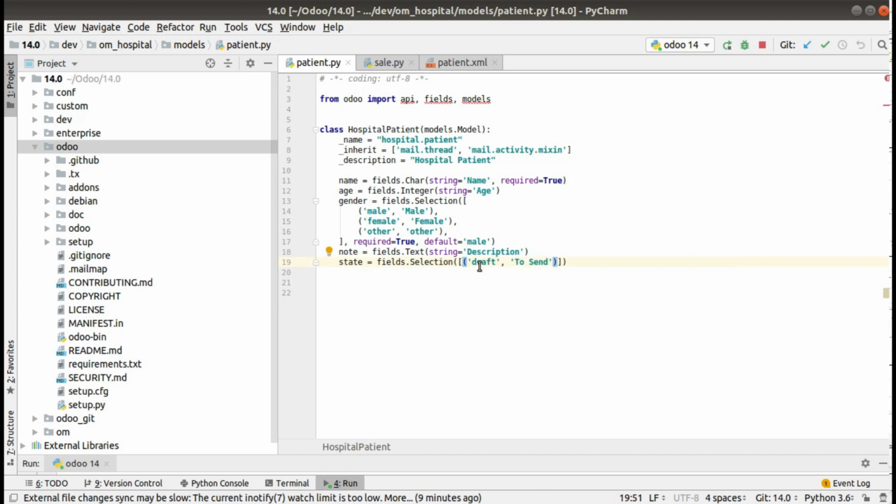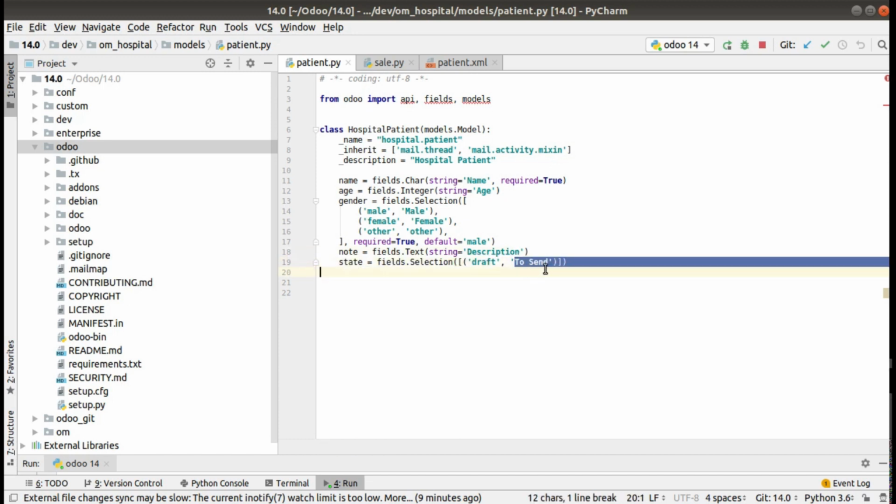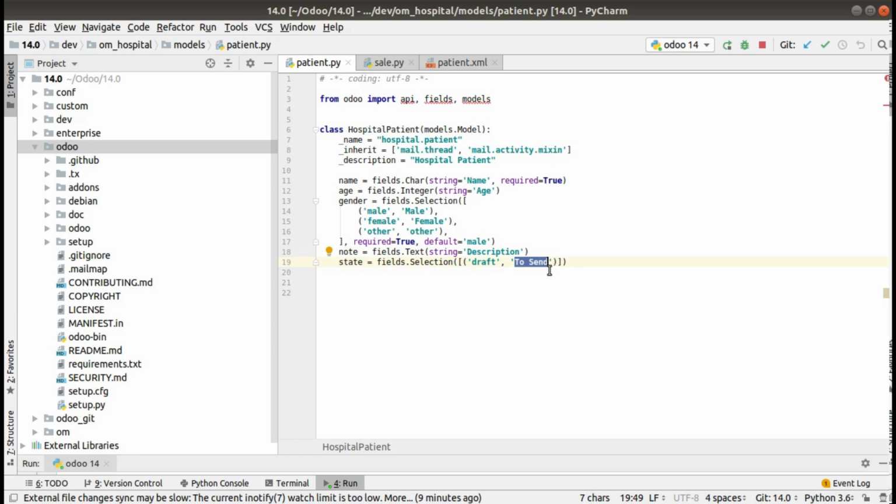Here you have to give the key for the tuple. So I have given the key as draft, and here you have to give the label which will be shown in the user interface, which I will give as Draft. So I have added one record inside this selection, that is the draft state. Now if I need to add more, you can simply put a comma and add the next tuple.